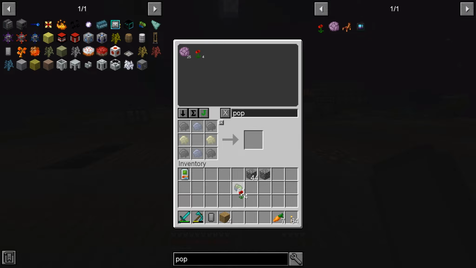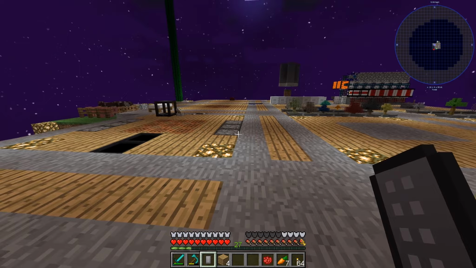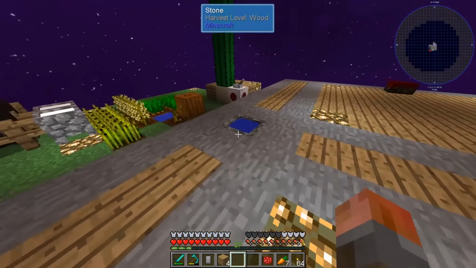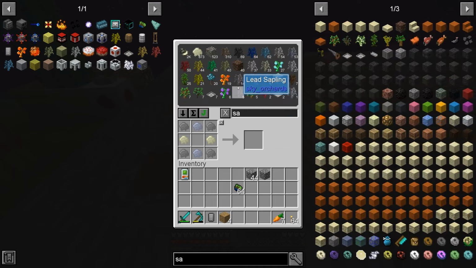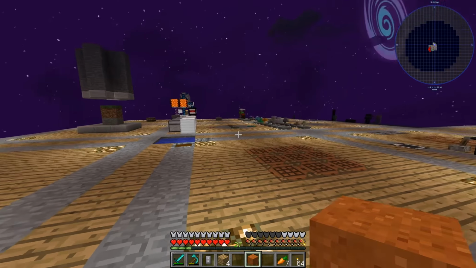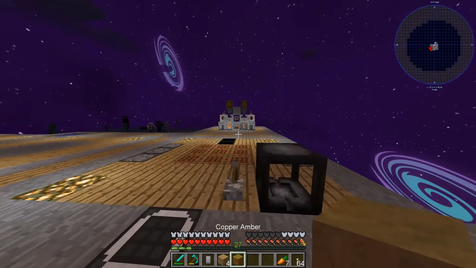And just one will do. Have I got a spare cauldron around somewhere? I've got some with mud in it, but that'll do. Yeah. And then I want some sand. Need to make more sand really, but that will do for now. There we go. Red sand, which should get me the copper amber I need. There it is. Copper amber will then put into...